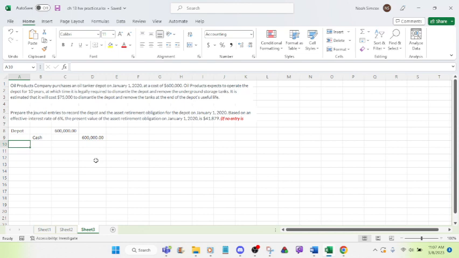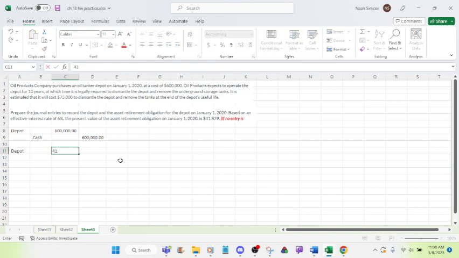Now in 10 years they will need to pay an amount of money to dismantle the depot, and that will be added to the depot asset, and it will be a liability. So therefore, the present value of the obligation is 41,879. They already gave you the answer. So all you do is add money to the depot account,